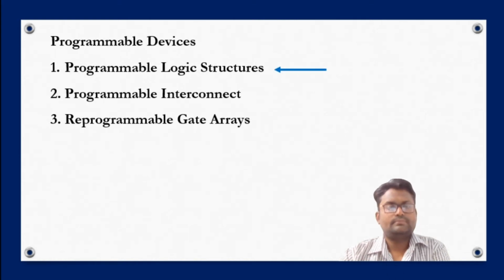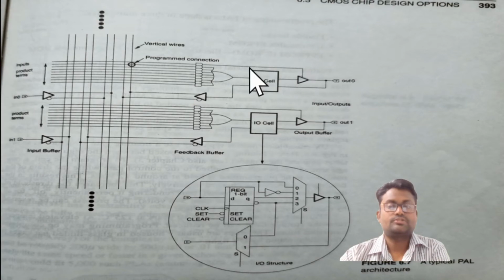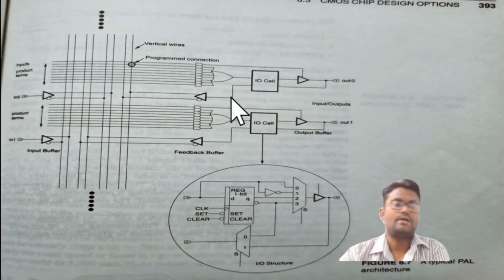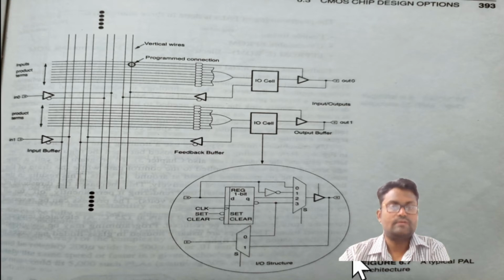But I am taking the structure of a programmable logic circuit here, to connect this lecture with the previous lecture. We discussed this whole programmable logic structure in our previous lecture. In that lecture we studied that these are the word lines, these vertical lines are the bit lines, and these are the AND gates, and the connection between a vertical line and a horizontal line can be done by using programming.